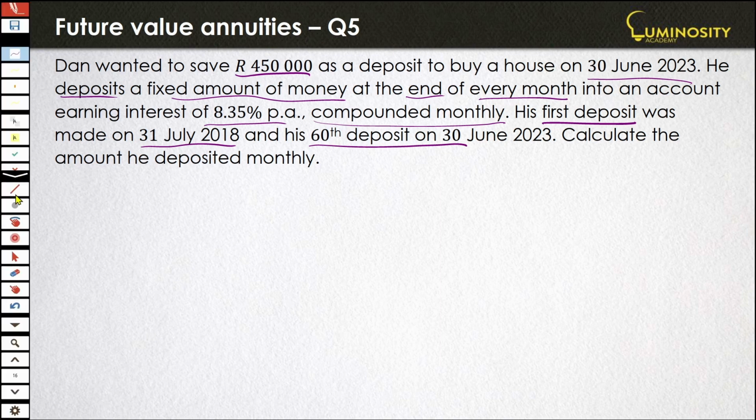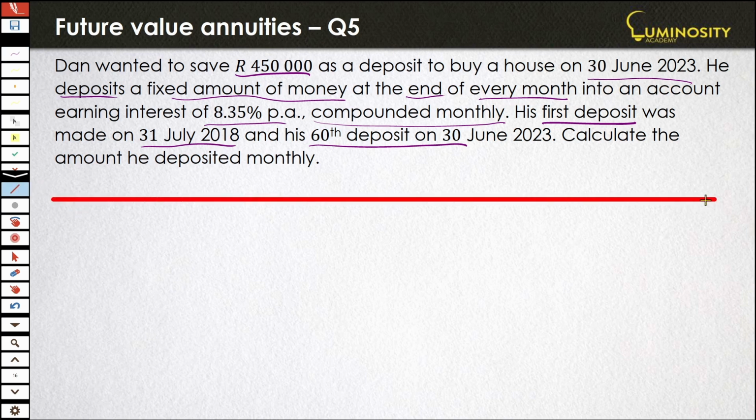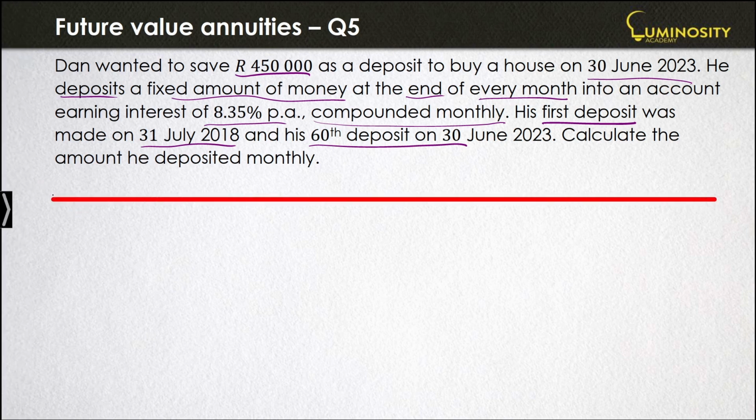Okay, so we have our number line. So what's actually happening here? T0, T1, T2, all the way up to, they say, the 60th deposit, so T60. And it's happening at the end of every month. The first one he made, T1, was on the 31st of July 2018. So the 60th payment will be the 30th of June 2023. So we have our N being 60 months,